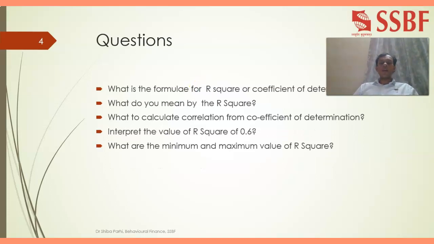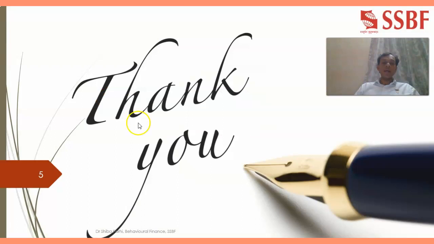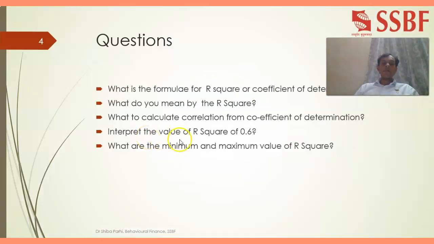What is the formula for R square or coefficient of determination? What do you mean by R square? How do you interpret it conceptually? How to calculate correlation from the coefficient of determination? This is how to, not what to. Then interpret the value of R square of 0.6. What do you exactly mean by 0.6? What are the minimum and maximum values of R square? How to calculate correlation from R square, and how to calculate R square from correlation, that also